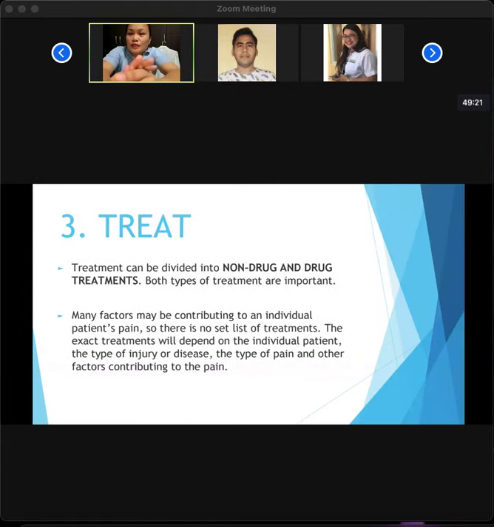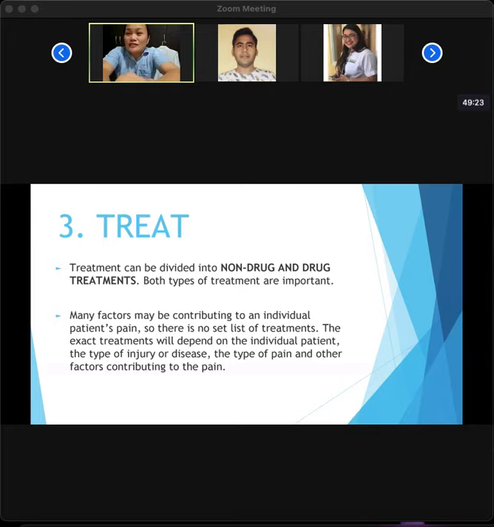So for the T, tapos na tayo sa assessment, di ba? T na tayo. So treatment. Treatment can be divided into non-drug and drug treatments. Okay? Both types are important in the treatment of pain. Many factors may be contributing to an individual patient's pain, so there is no set list of treatments. The exact treatments will depend on the individual patient,